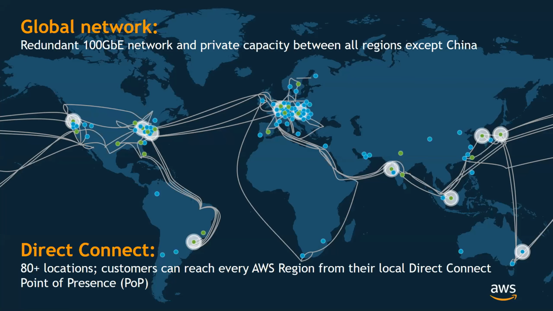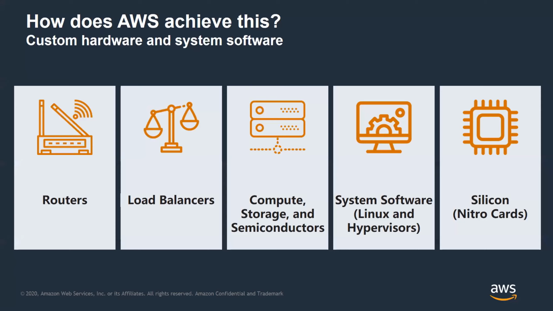So for the most security conscious people, there are ways basically that you would never have to communicate out through the public network, right, out through the public internet. You can pretty much tie everything up to go direct from your enterprise network and your enterprise telco lines into the AWS backbone, and then from there, from region to region, depending on where you're set up. So pretty cool. So how do we do all this, right?